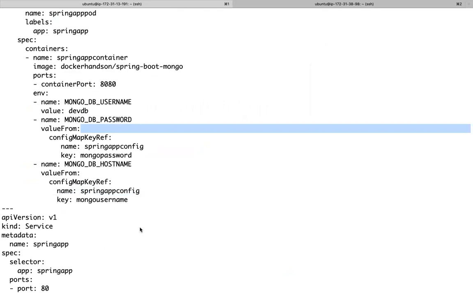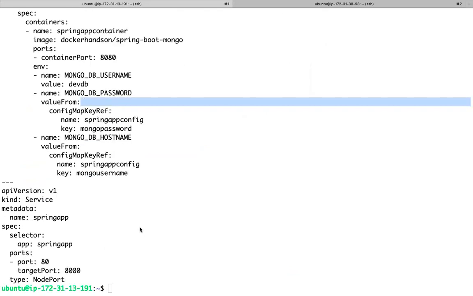Now, how to hide within the cluster also? We can go for secrets. Instead of config map, if you have some confidential information which you want to maintain in a Kubernetes cluster, you can go for secrets. You need to create a secret. It is another object which you can create.